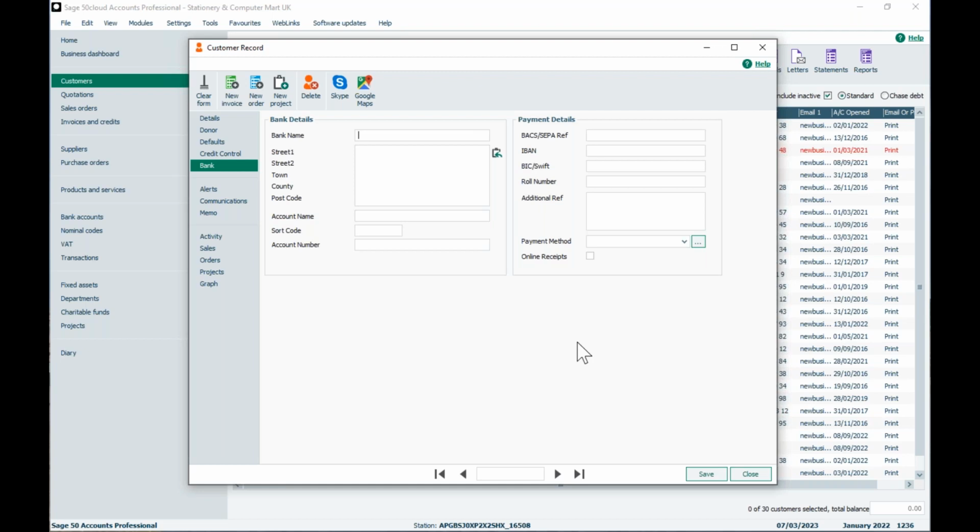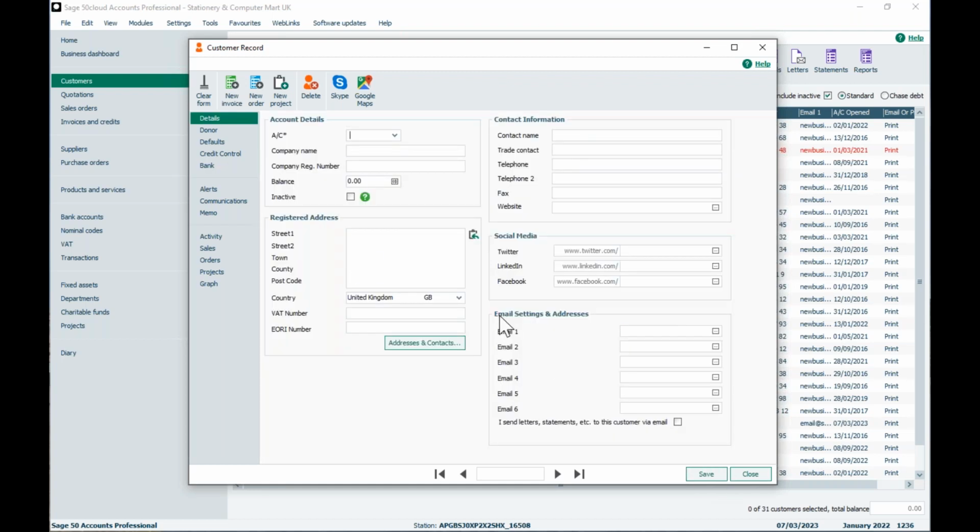Once you've entered all the information, and you are happy with the customer record, you can click save. Now, do not worry that I have not covered all the tabs down the left-hand side here. As I mentioned earlier, this is because some of the options are not available until you've created the record first. So I'm just going to click save. You can see now that has gone to a blank record. So if I close here,